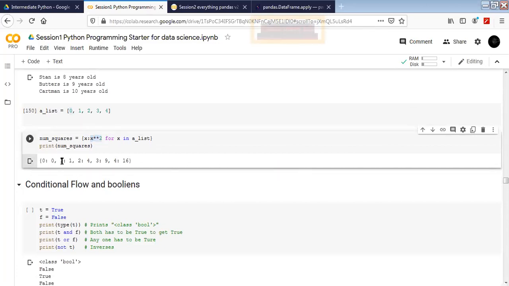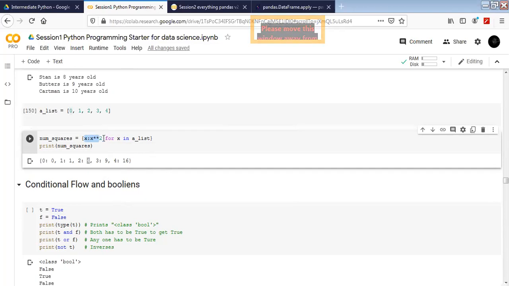Then 1 and its square is 1, then 2 and its square is 4. So this is the tricky part here. We write the first element, whatever we want, and the operation that we want to perform on it. Is that part clear? When we are creating a dictionary with the single liner, we have to have two parts out here.